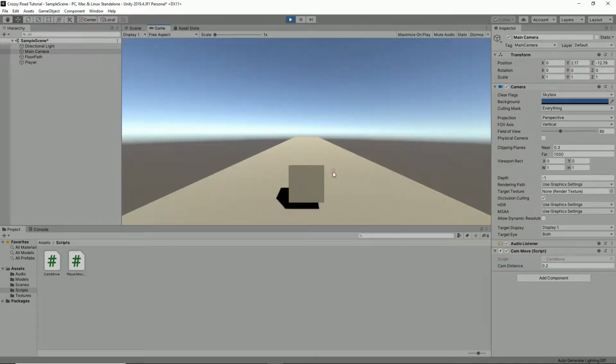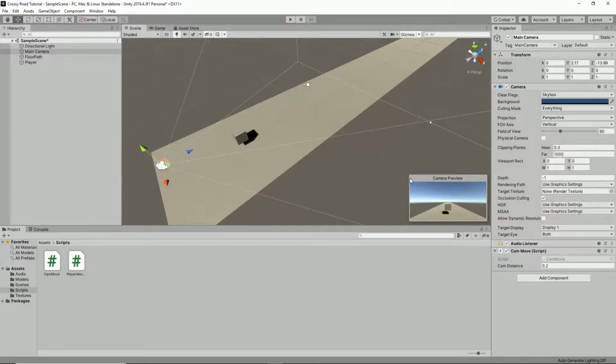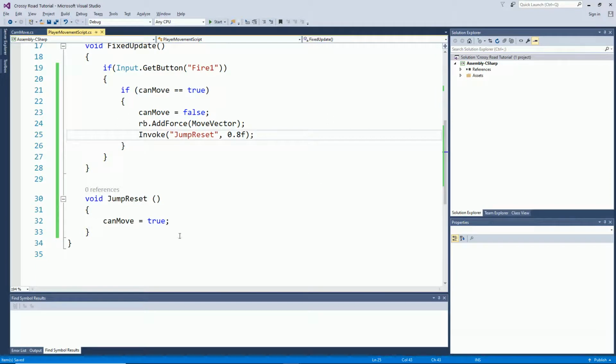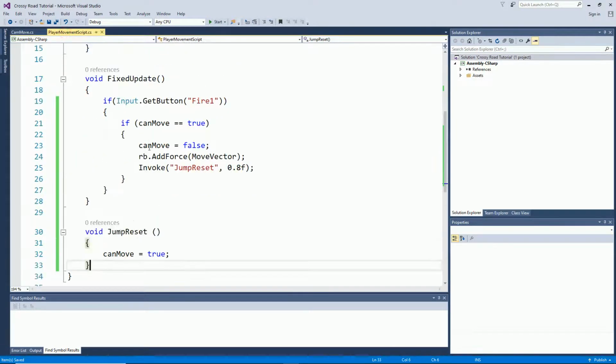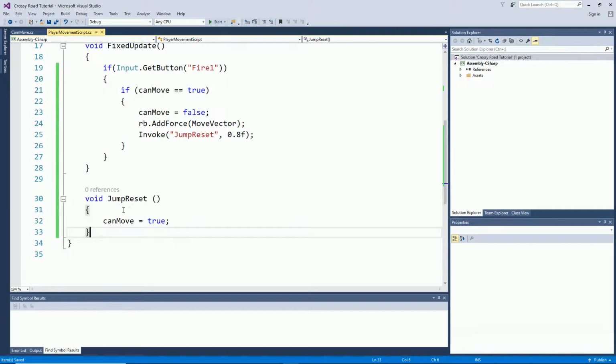And try and marry these back up. You know what, I'm not going to worry about the camera just yet, because I'm going to ultimately have to change it again in a minute. But once you've got your values set up, we are good to go back to this and appreciate all the hard work we've done and essentially rip it off, because we're going to want to copy and paste it onto our cam movement. So basically we're just going to redo it, and so I'm just going to take this function